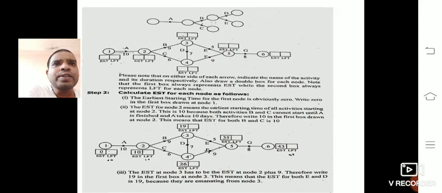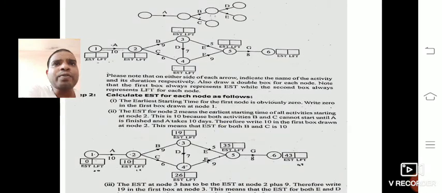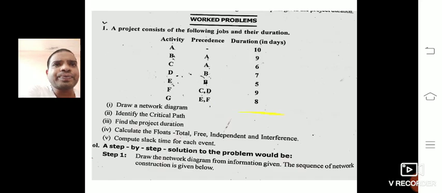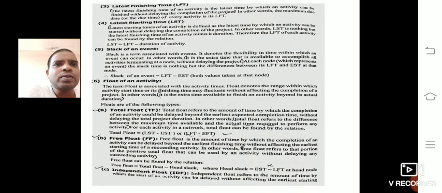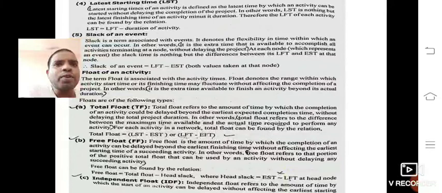see here, for the A activity we have nodes 1 and 2. See the network diagram, 1 and 2. For A activity, the head node is 2 and the tail node is 1. Now the free float formula is total float minus head slack, and that head slack we find by using the formula EST minus LFT at the head node.